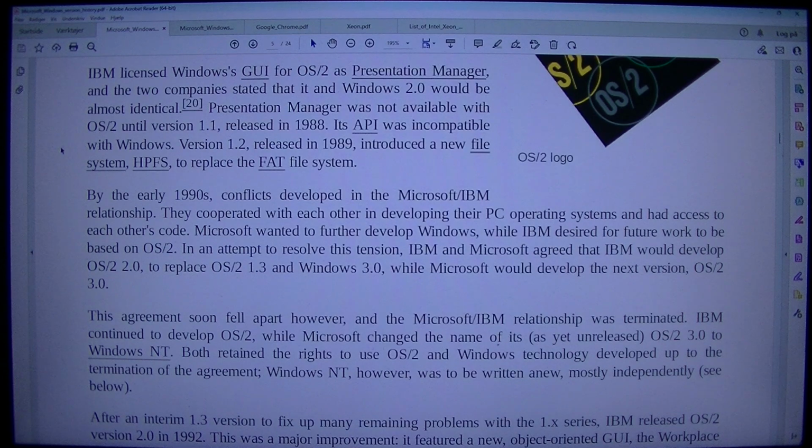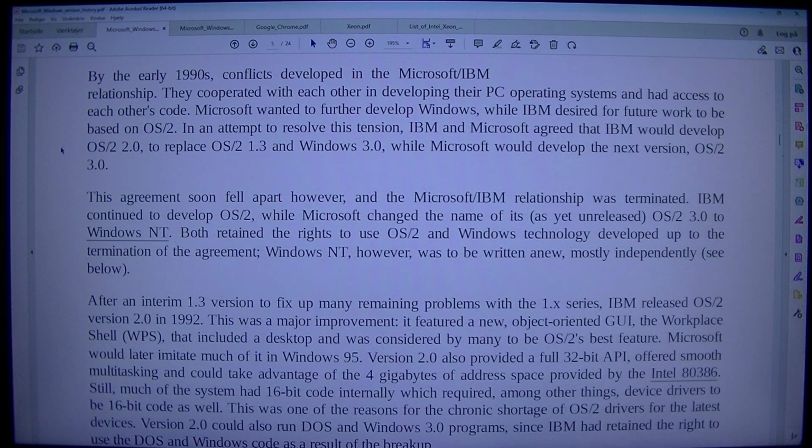By the early 1990s, conflicts developed in the Microsoft/IBM relationship. They cooperated with each other in developing their PC operating systems and had access to each other's code. Microsoft wanted to further develop Windows, while IBM desired for future work to be based on OS/2. In an attempt to resolve this tension, IBM and Microsoft agreed that IBM would develop OS/2 2.0, to replace OS/2 1.3 and Windows 3.0, while Microsoft would develop the next version,